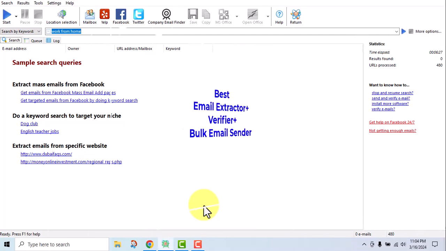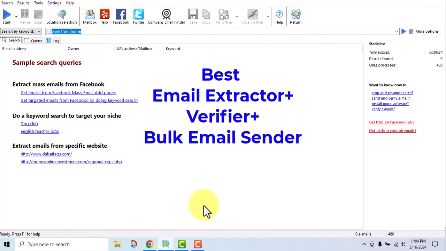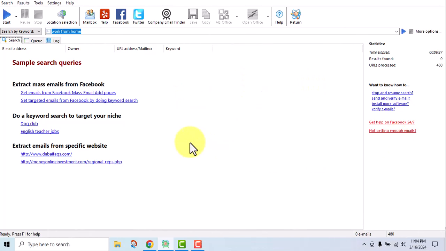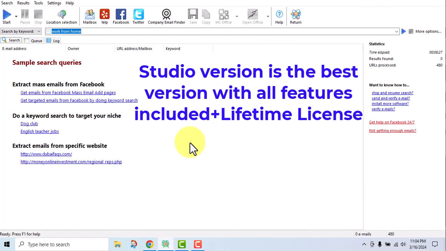The best email extractor software of 2024. You can see on the screen, this is an email extractor software. It also has an email verify tool and also bulk email sender software included in the studio version of this